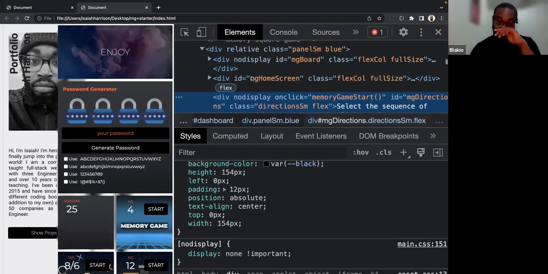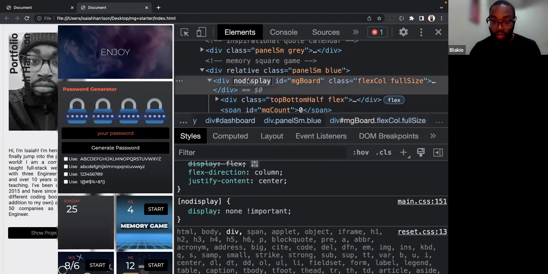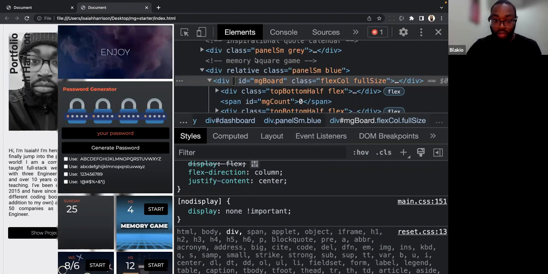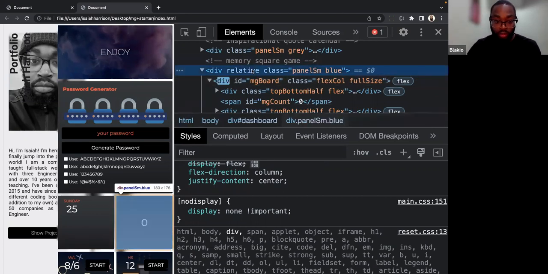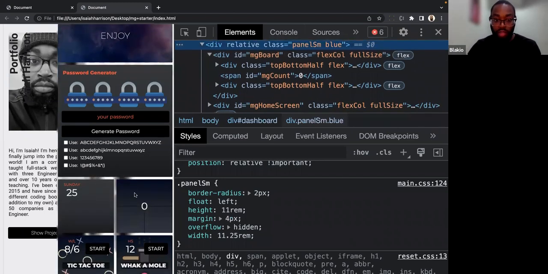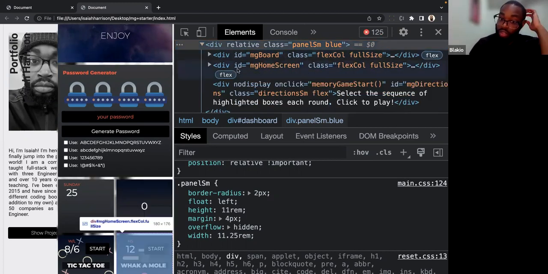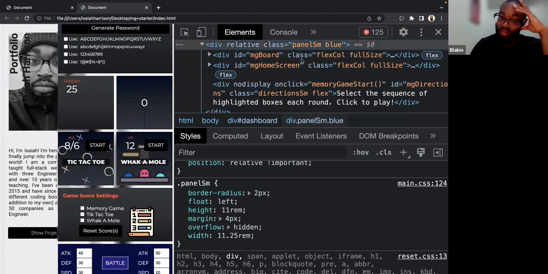So what I'm going to do is play around with this. I'm going to remove this here straight from there. And we can see that once we remove that, now what's here is the actual game board. That's the game board right there. This is still here as well, and this is something I want you to notice too. This home screen is still here, but you can see that it's highlighting over whack-a-mole.